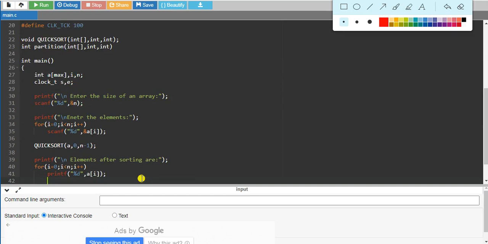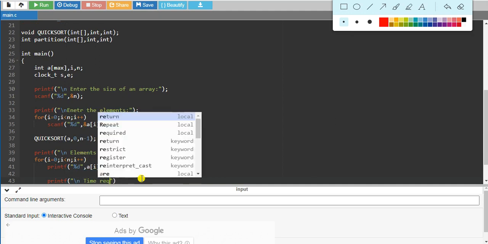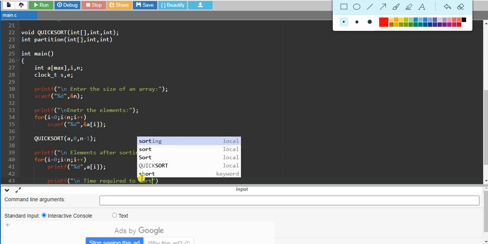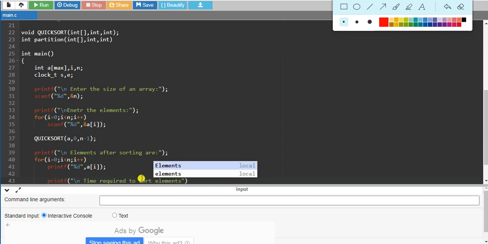Then after that, we have to check the time required to sort those elements, right? So I have to print that time also. So printf, then \n, time required to sort the elements. So what we have to do here is, definitely it will be a double value,